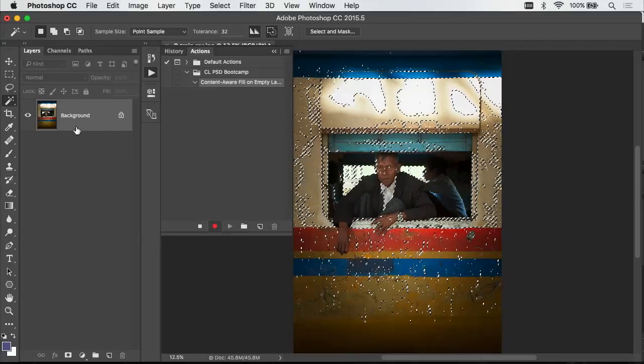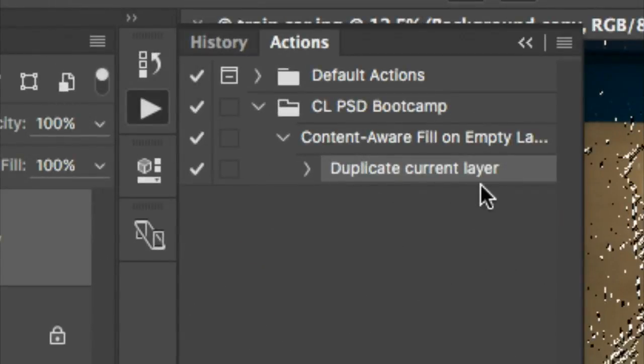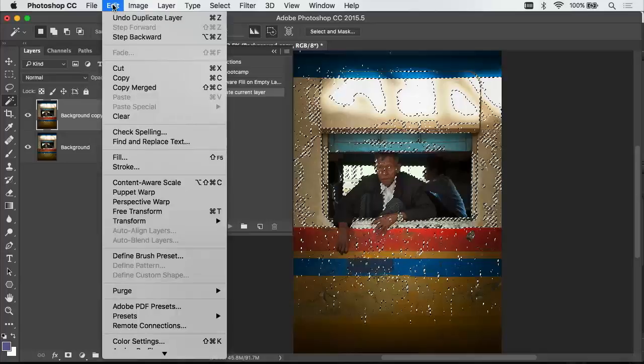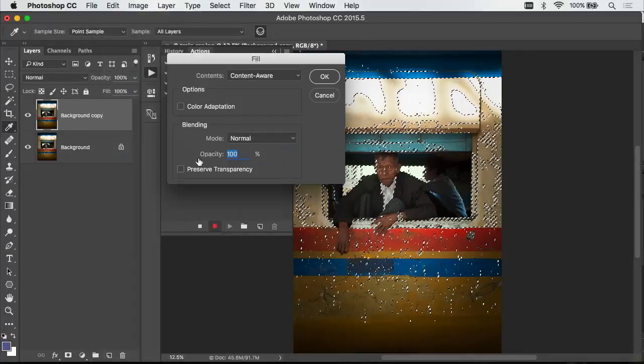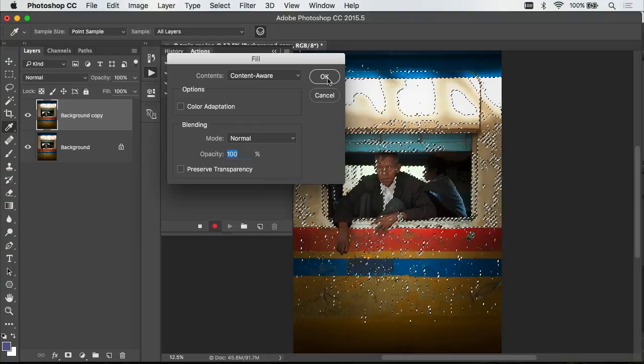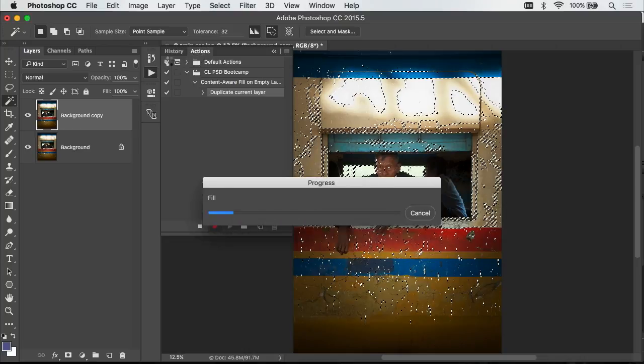So what I'm going to do here is I'm going to drag the background layer to the new layer icon. And when I do, watch in the layers panel. Duplicate current layer. That's what it's going to tell me. So it just recorded that step. Then I'm going to go to the edit menu and choose fill. And I'm going to make sure it's set to content aware. And I'm going to click OK. And when I do, watch the actions panel. It'll take a minute for it to finish. But once it's done,